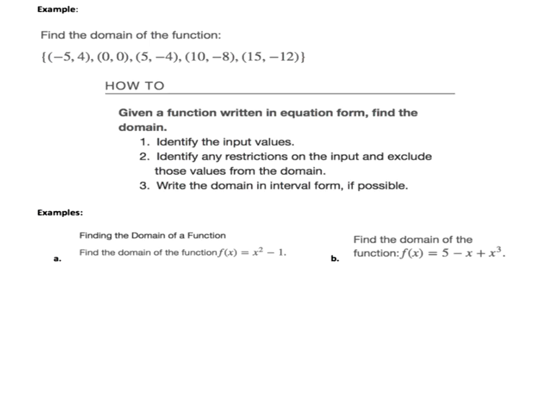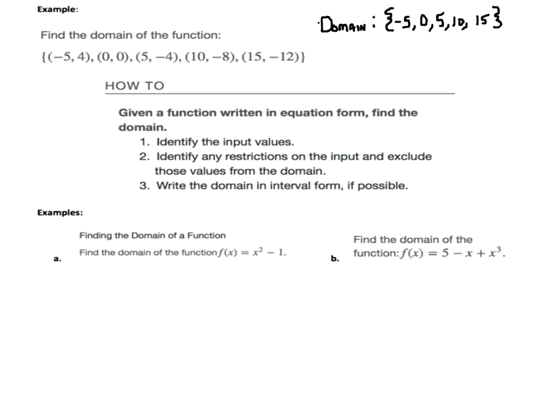So this one happens to be given as a set of points, and when we're talking about domain, we're talking about all input values. So the domain of this function is discrete, it's separate points. We don't have an interval that's being filled by all of our input values like we would with a continuous graph. So this is literally a set, so I use the braces, and my domain is -5, it's just all of my X values, 0, 5, 10, and 15.